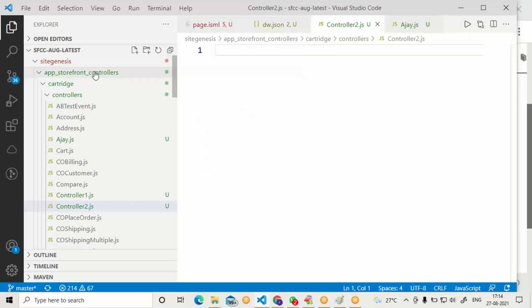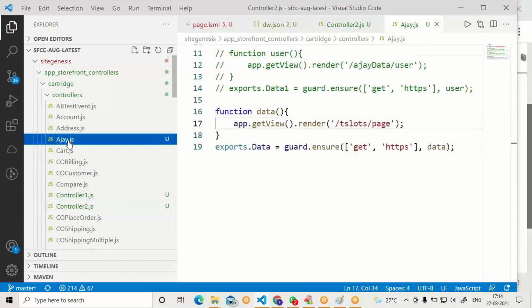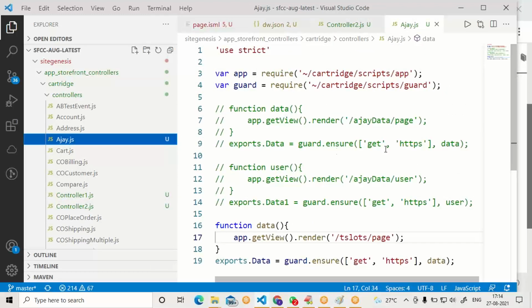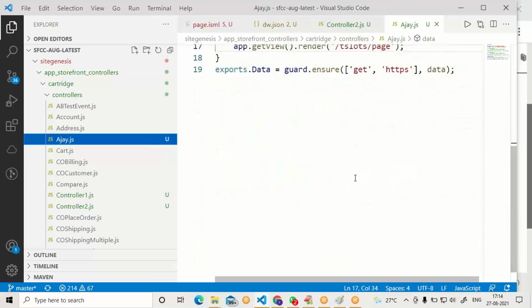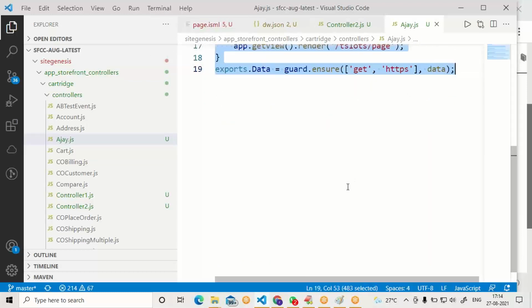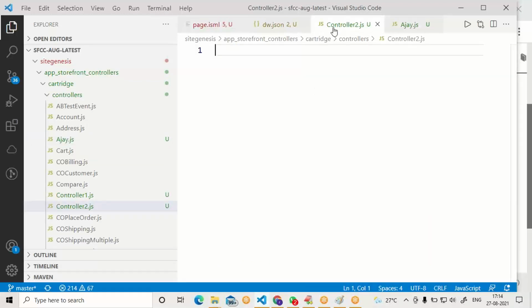The new file, controller2.js. Let us copy some default code from the previous controllers.